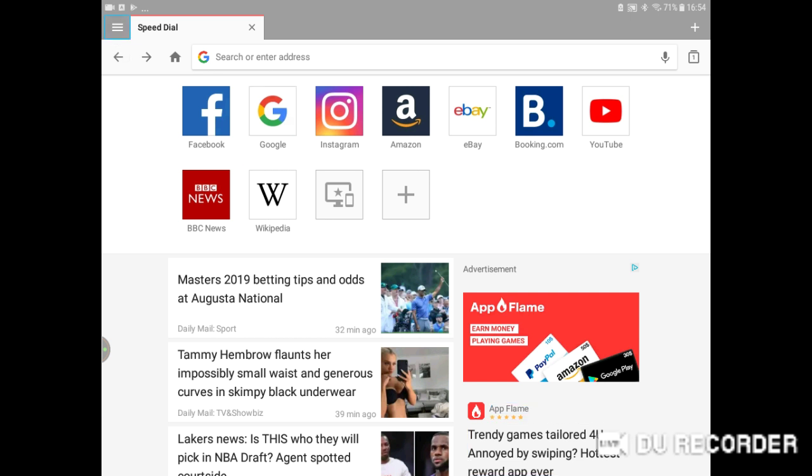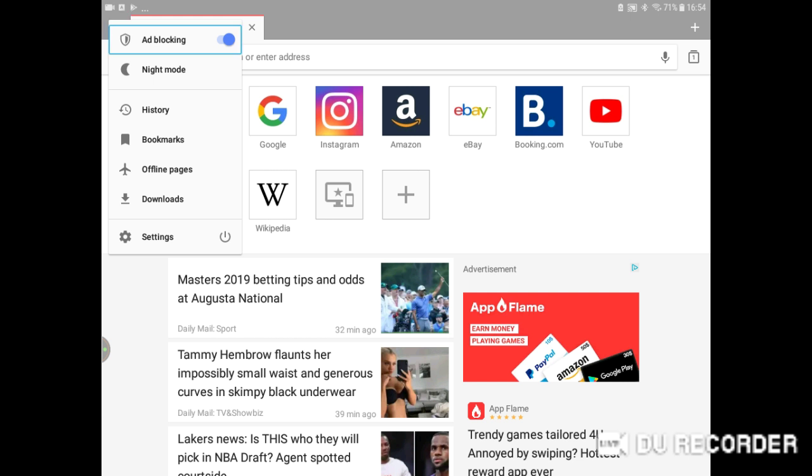I'm going to click on one button and see what that does. Okay, so that's sort of brought up the browser menu. That was in the top left hand corner. So again, it would be nice if it said menu or open navigation drawer or something of that nature. So in this menu, you've got history, bookmarks, offline pages,